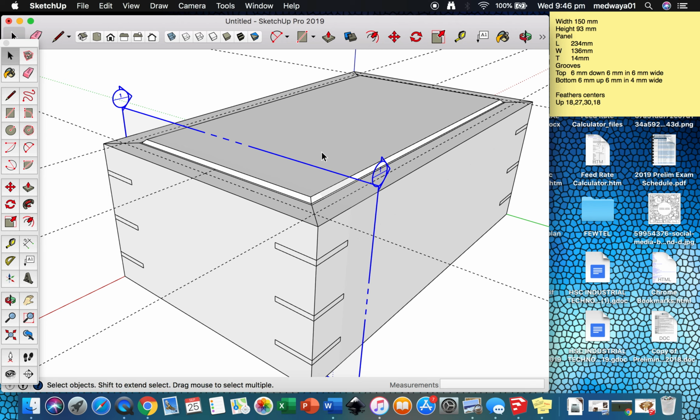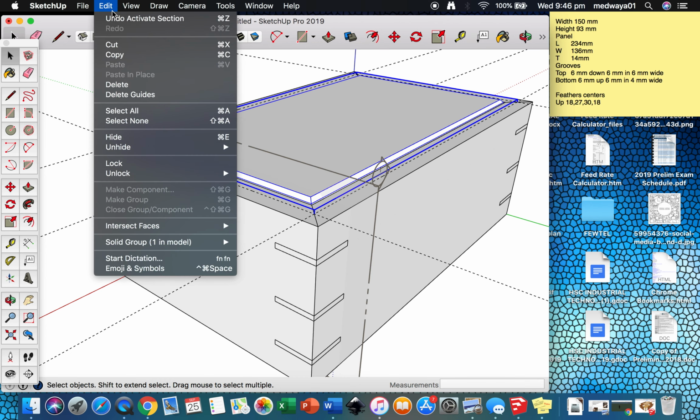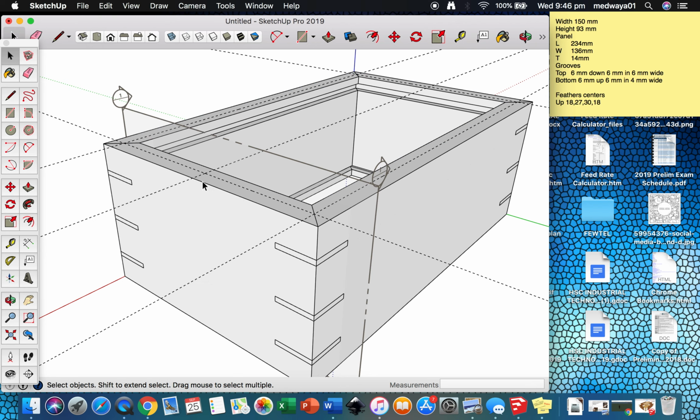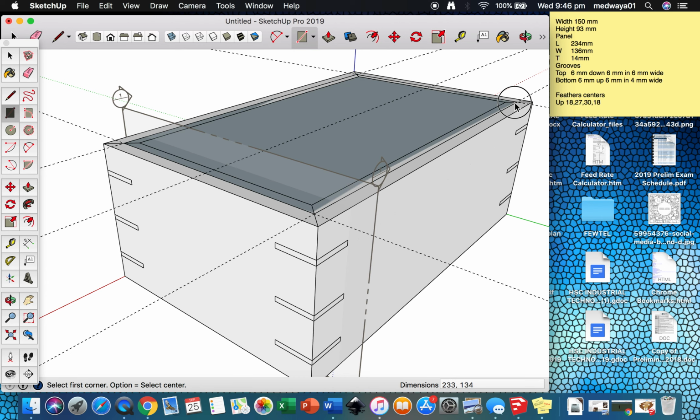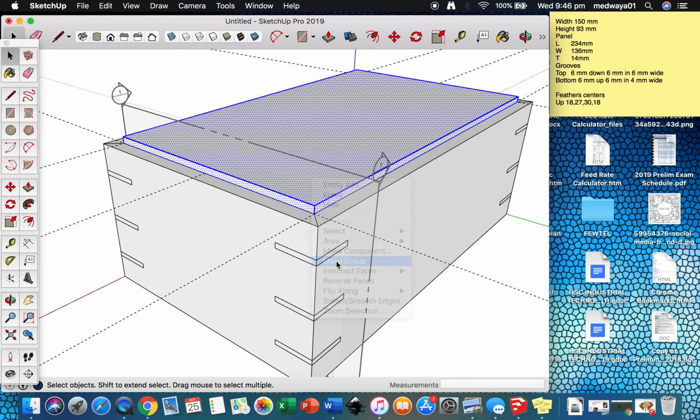But this might get in the road. So we're going to hide that. Select that object once. We're going to go up to here, view, and edit. We're going to hide that, get it out of the road. We're now going to draw a rectangle from that corner across to that corner. We're going to push that up 4 millimeters. We're going to triple click it, make it a group,